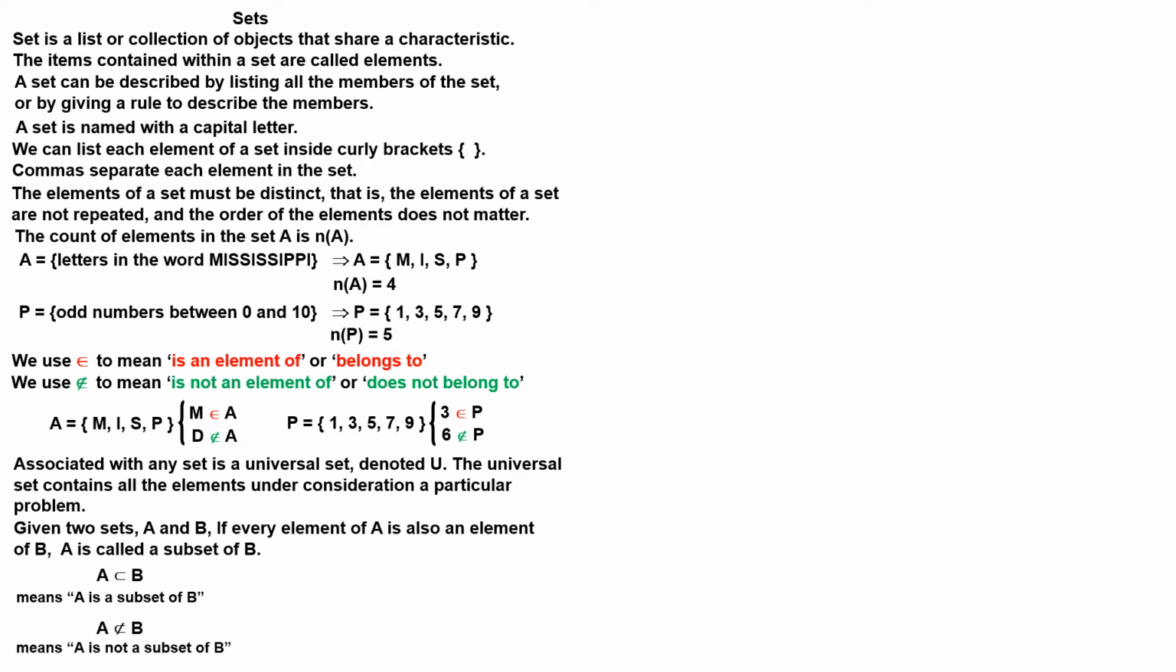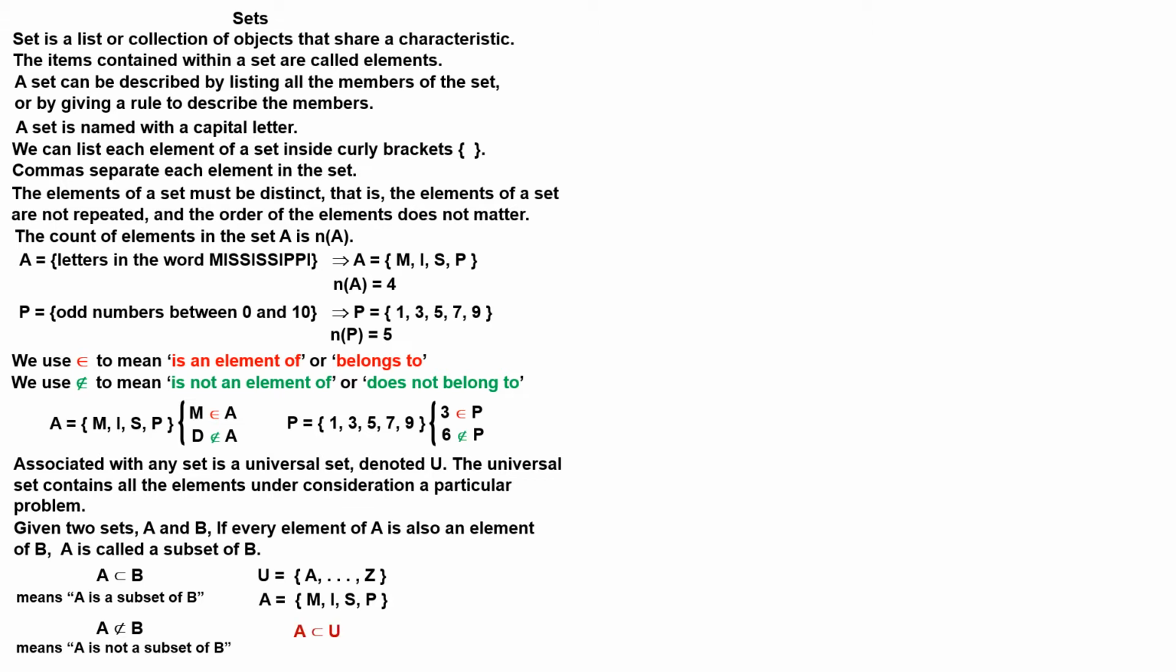For example, if we are considering all the letters of the alphabet and the letters in the word Mississippi, we can say that the set of all letters of the alphabet is the universal set, and the set of the letters of the word Mississippi is a subset of U. Set A is within set U, so set A is a subset of U. This is written as: